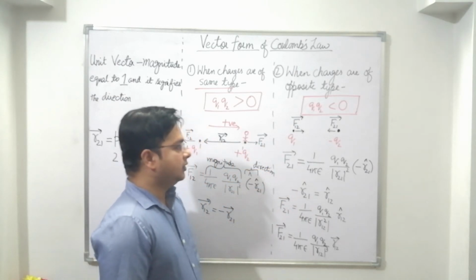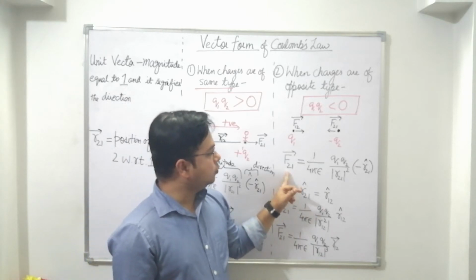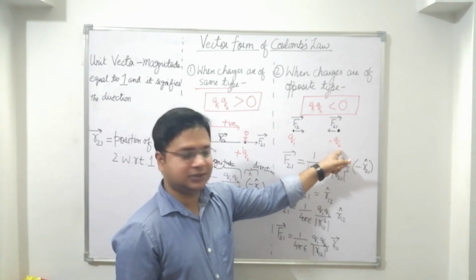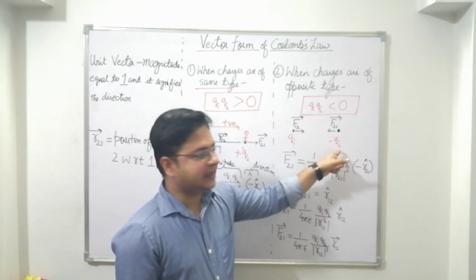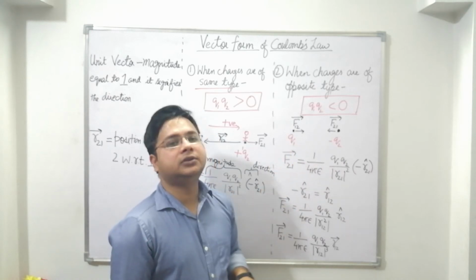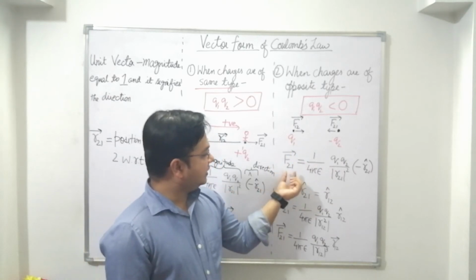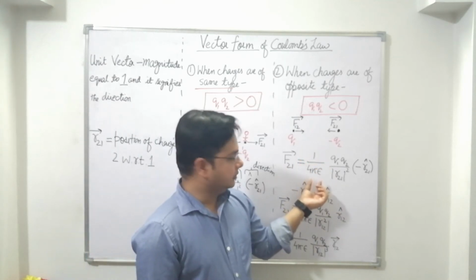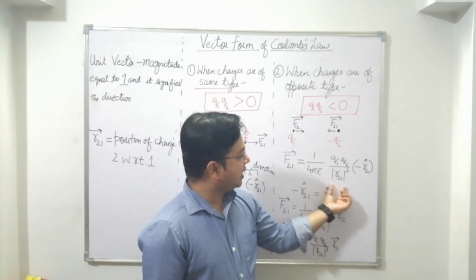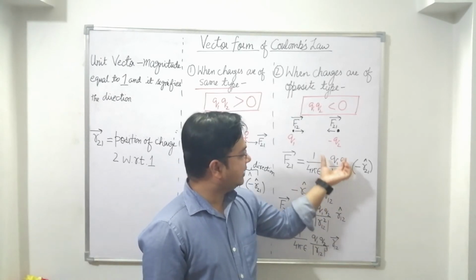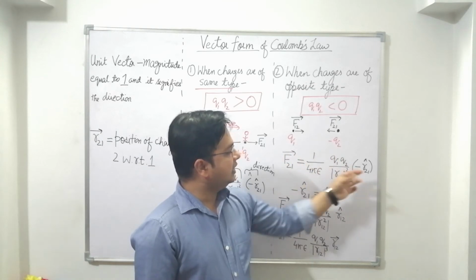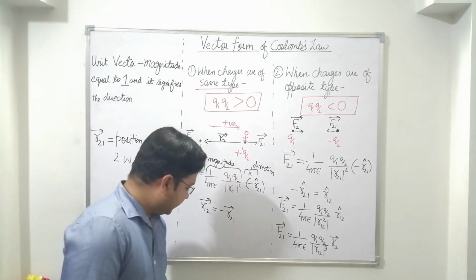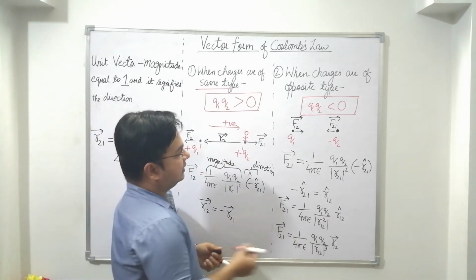Now suppose you have to write an expression for F21. F21 is force acting on the second charge, force acting on the second charge due to the first charge. So force acting on the second charge due to the first charge will be given as 1 upon 4 pi epsilon Q1 Q2 upon R21 square. Clear? This part again gives us the magnitude of the force, and this unit vector signifies the direction. As already stated in the previous case, that the direction of